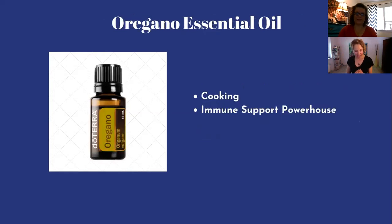So let's talk next about oregano. This one can definitely be used in cooking, but very, very carefully, because it is extremely strong. So if you were to make, for example, an entire vat of spaghetti sauce, you could add a single drop of oregano essential oil, but I'm talking a big vat. This stuff is very strong, very powerful, and just know that it is one of the most powerful oils for